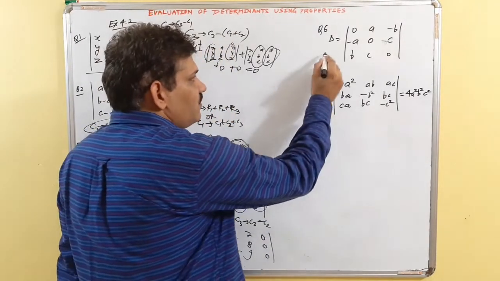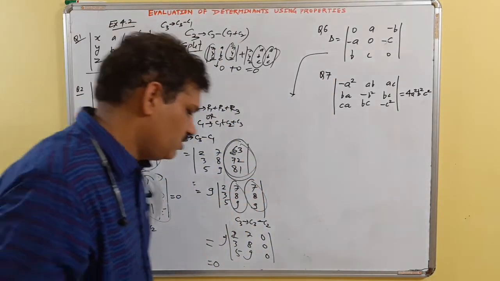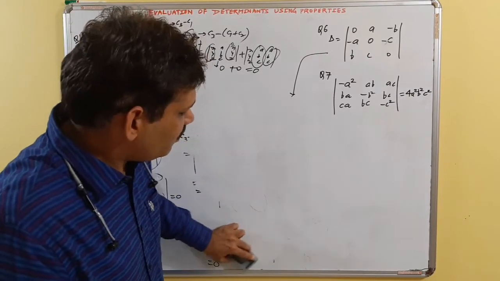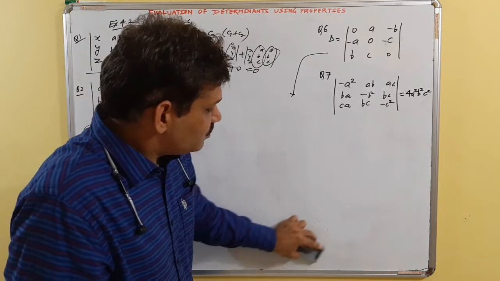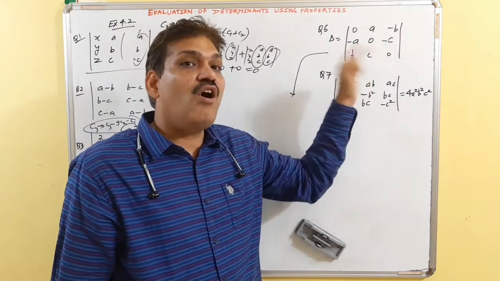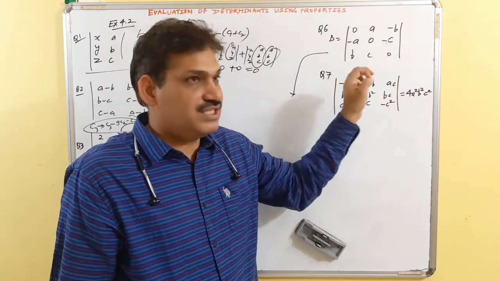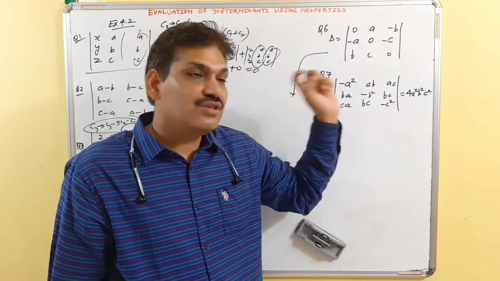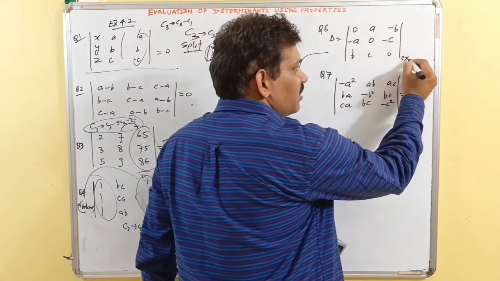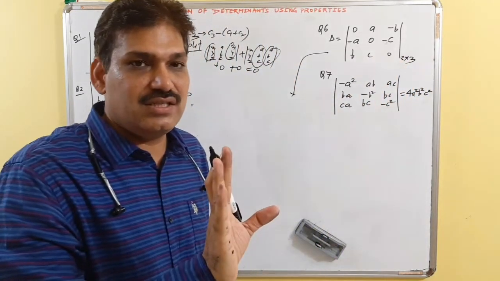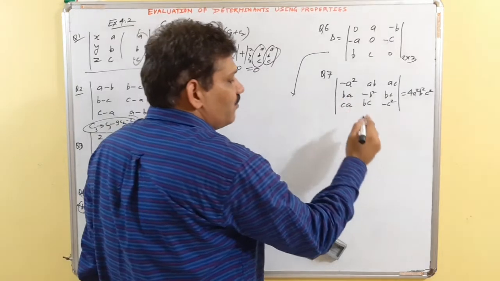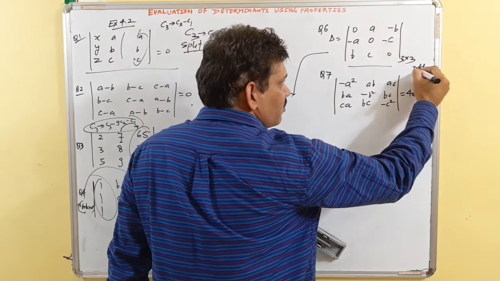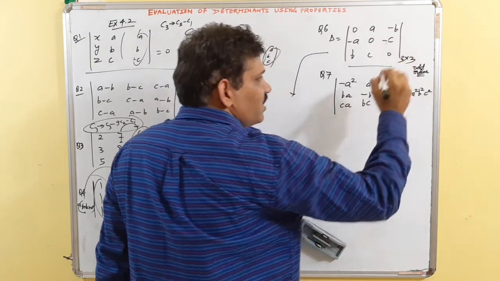So here in question 6, this is a good question in which we will get an important result: the determinant of a skew symmetric matrix of odd order is always 0. Because it is skew symmetric and of odd order, 3 by 3, its value is going to be 0. This result doesn't hold for 2 by 2. The value of a skew symmetric determinant of odd order is always 0.